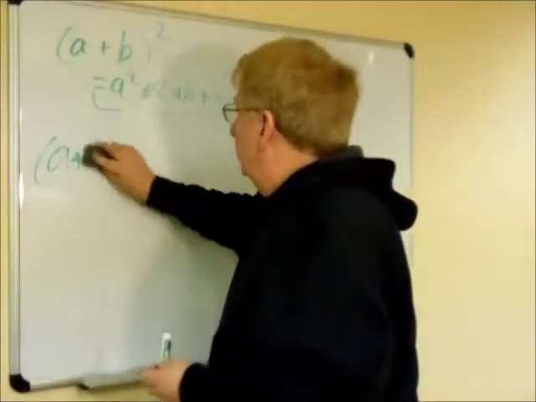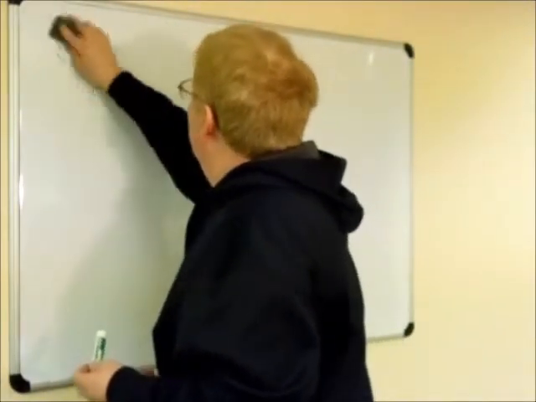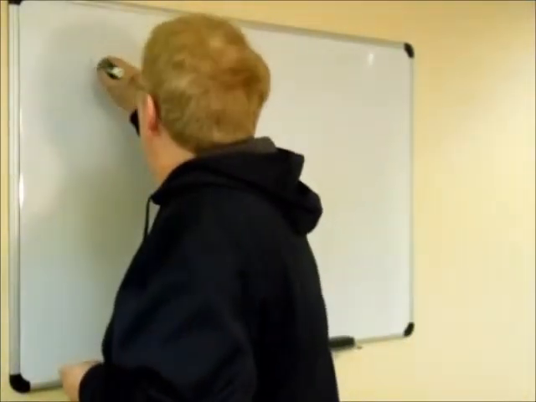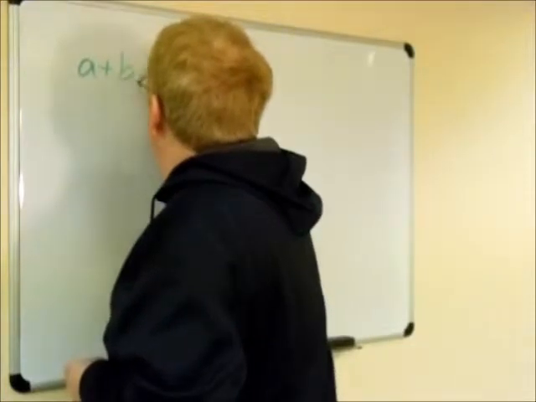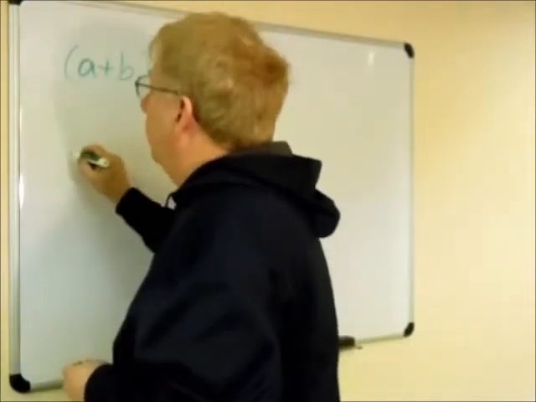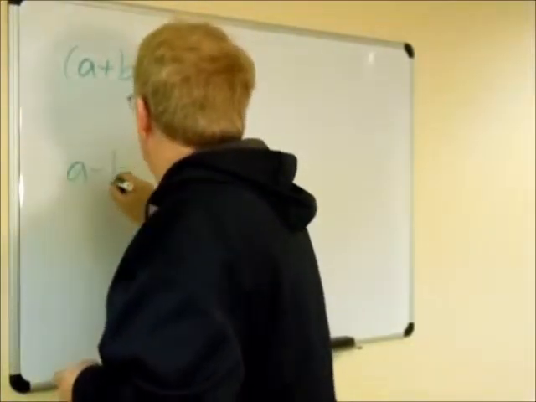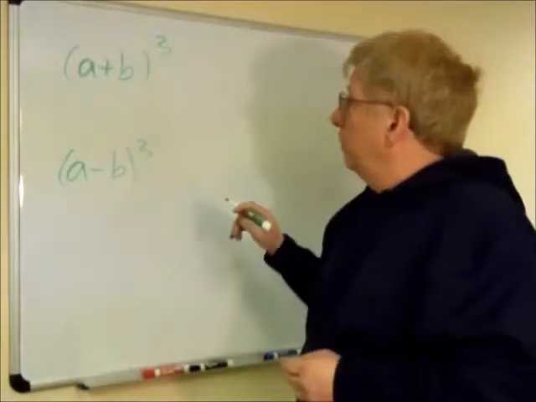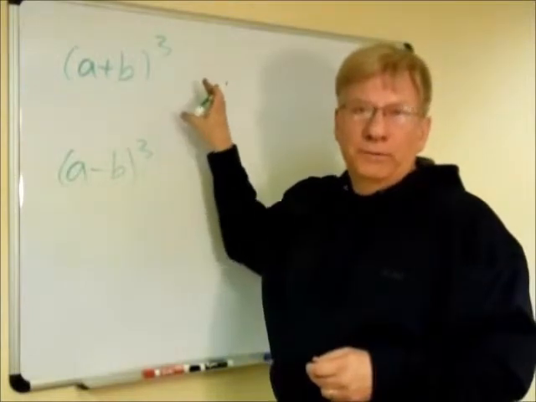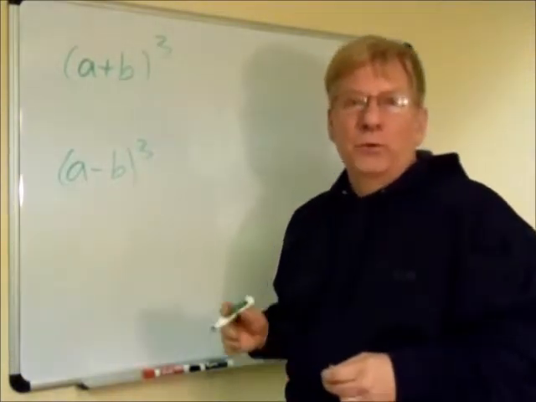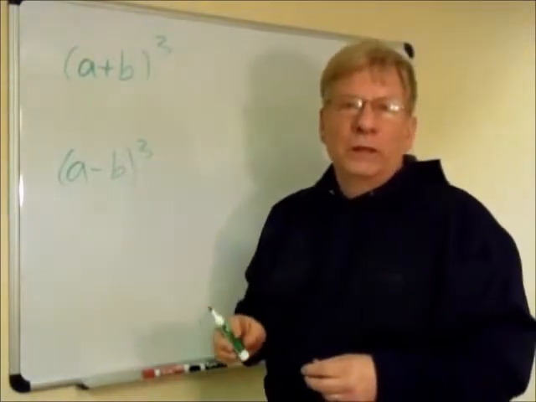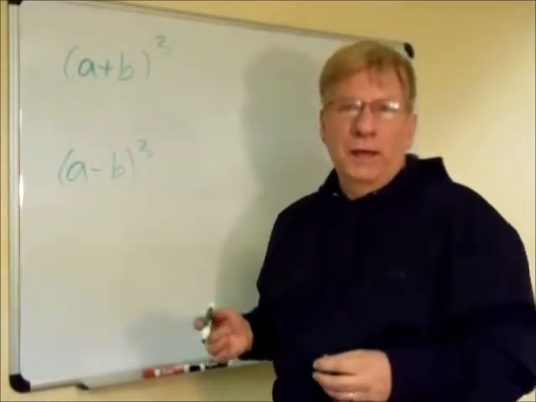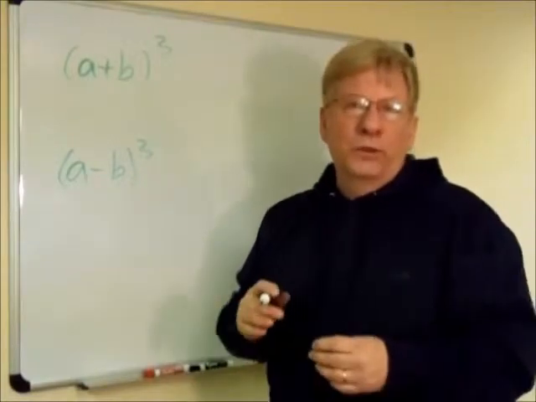Now, if you get into cubed, there's also a pattern if you have an a plus b cubed, or for that matter, a minus b cubed. You can memorize the patterns and do those, but if you don't know those, there's another method. You look at binomial expansion, and there's a reasoning behind that, and there's a thing called Pascal's triangle,